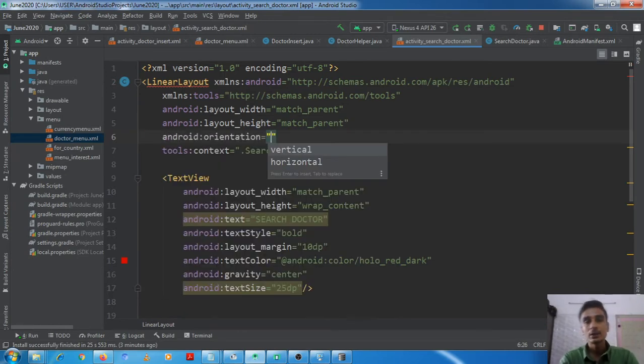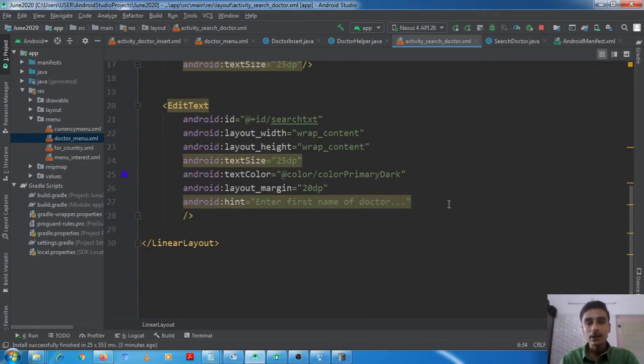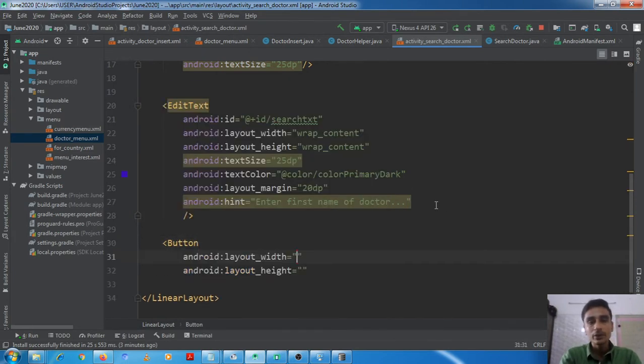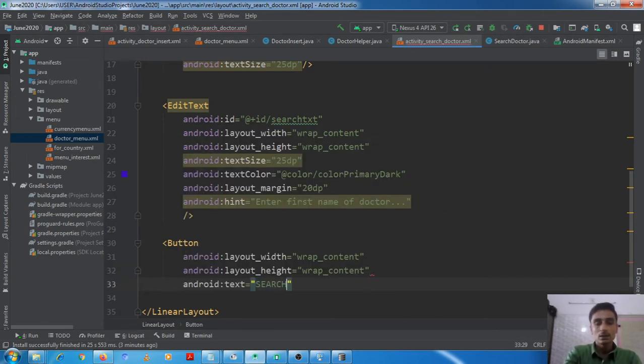orientation is vertical. Okay, then below this edit text should be one button, on which client will click. Search text, search.